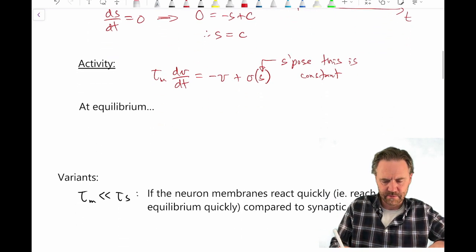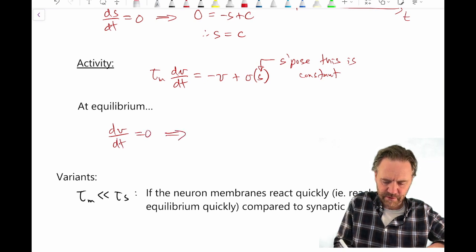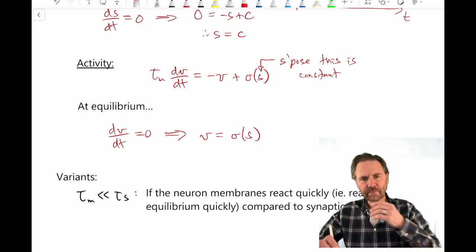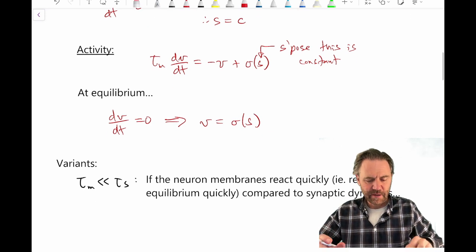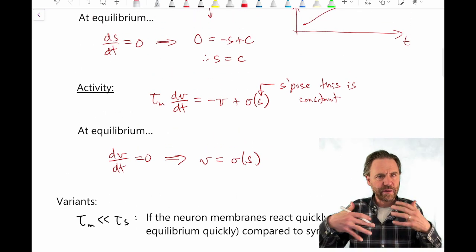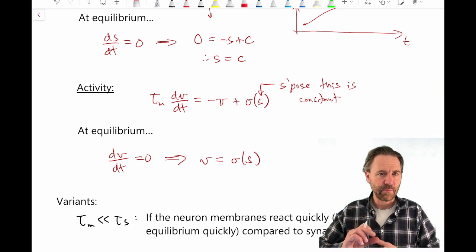Then at equilibrium, dV/dt must be 0, which gives us V equals sigma of S. So great, we know what the equilibrium solution looks like for each of those two dynamic variables